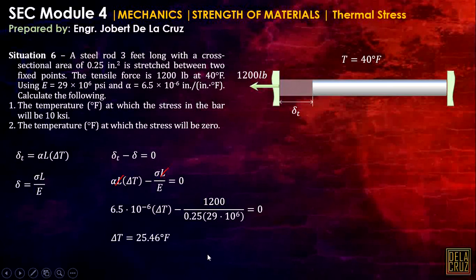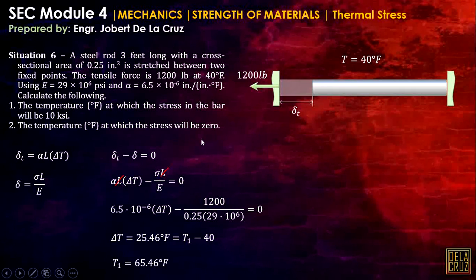Okay? So in this case, that is a drop in temperature, so we need to calculate the T1, the original temperature when this body has no stress induced. So that will be T1 minus delta T. So we can just calculate the original temperature yung wala pang stress na na-induce sa ating body. That is